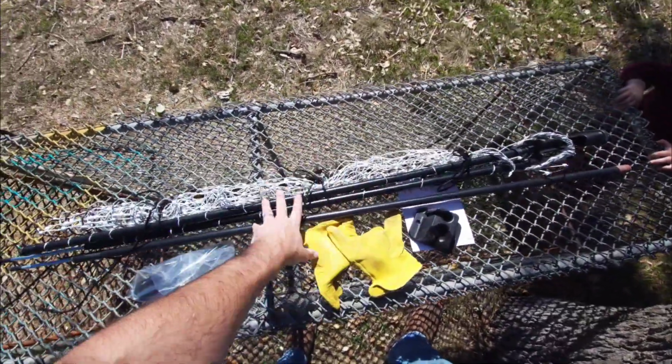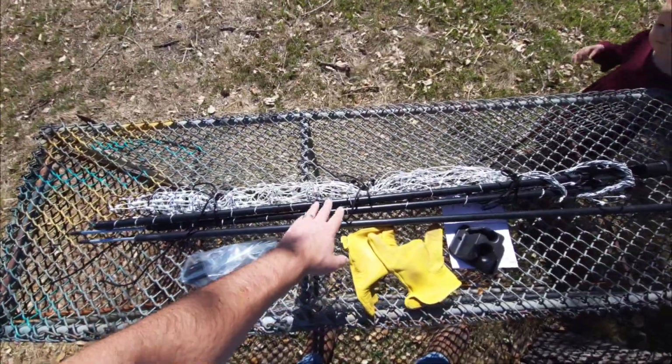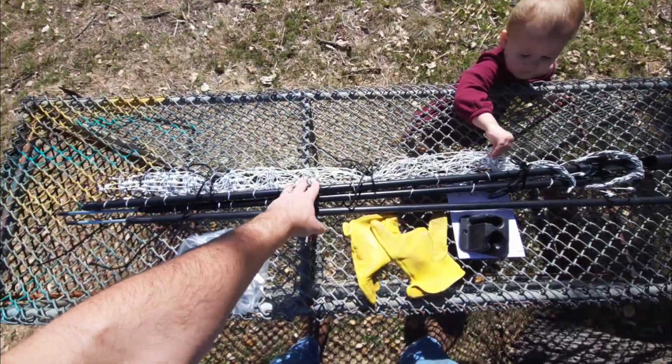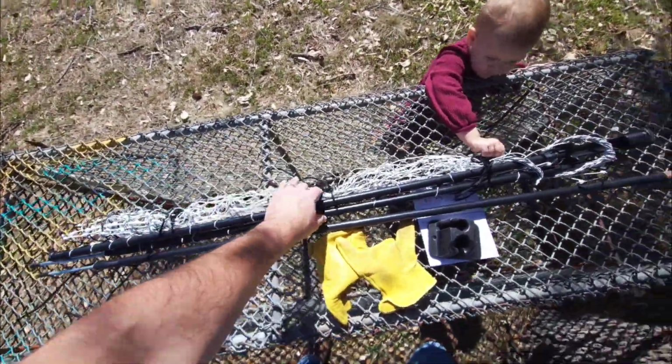Now, with that, we just got the Premier One poultry net gate, and we do have the Premier One poultry net fence. We have the 100-foot fence that we use to contain the chickens and move them around doing a mobile setup. So